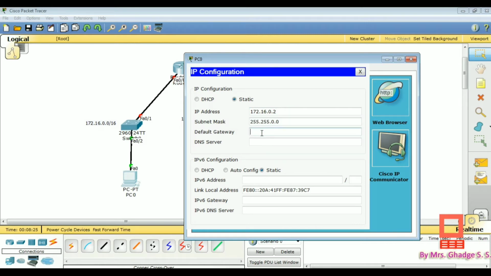Then we have to write the default gateway IP address, that is 172.16.0.1. Okay, so this is the default gateway IP address. This default gateway IP address is nothing but the IP address of the interface which is directly connected to the router.